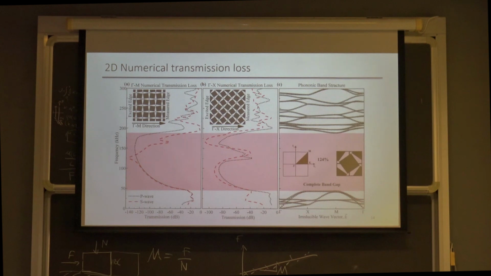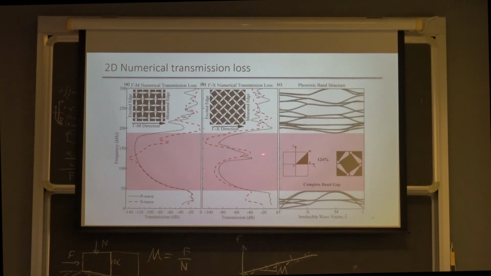And we simply change the phononic crystal, so we cut it differently because it's easier to model. But again, we excite the left edge and measure it at the right edge. And as you can see here, for both directions, we have this huge attenuation within the band gap. But this is the numerical simulation, so it's expected, right? If you don't see that, then something is wrong with your simulation,